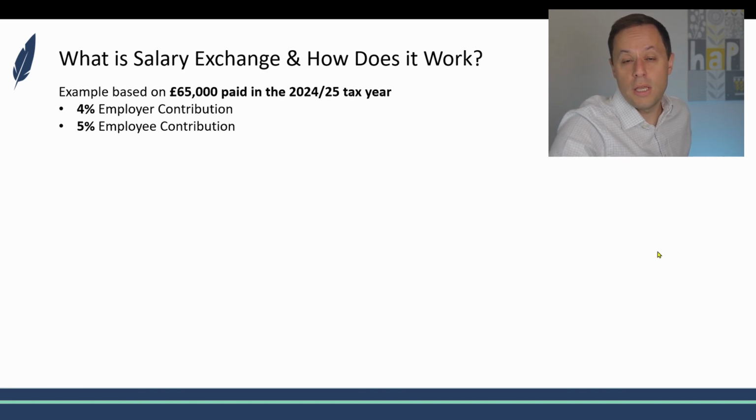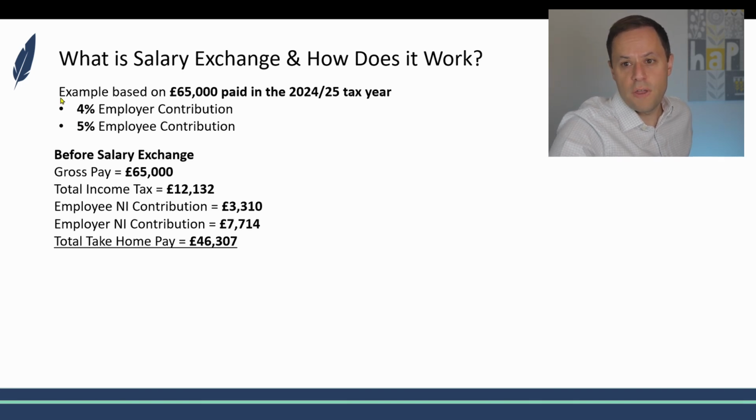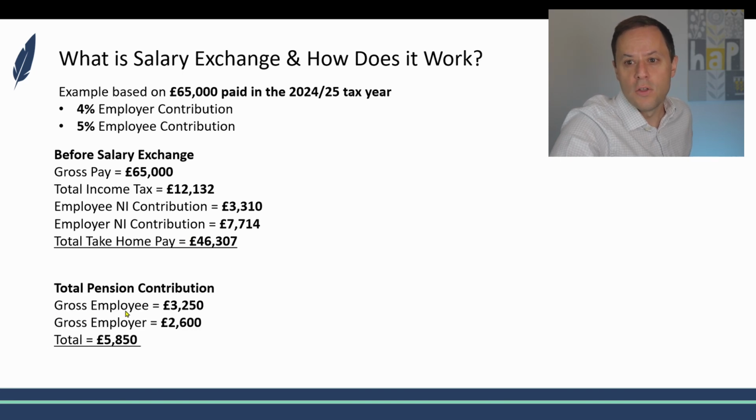So if we look at a higher rate taxpayer, we've got an example here of someone on £65,000, again on the same pension contribution basis, 4 and 5%. We see gross pay of £65,000, total income tax significantly greater, clearly £12,000, NI contribution £3,000, and quite an eye-watering amount of employer NI contribution of £7,714, for total take-home pay of £46,000. Pension contribution, £3,250 for the gross employee, £2,600 for the gross employer, for a total pension contribution of £5,850 for